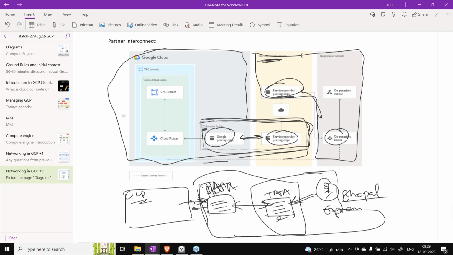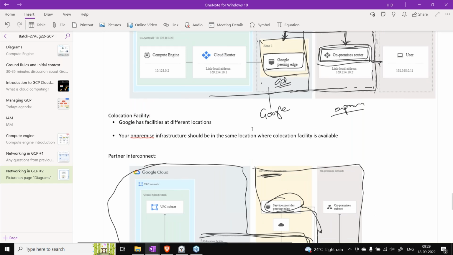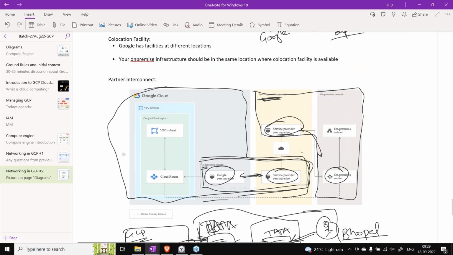If there are any issues in your network, your service provider will help you with that. Google will not come into the picture that way. And since a service provider is there in the middle, and you have a lot of equipment to set up, and they will charge from their perspective also, this will be the highest from the cost perspective.